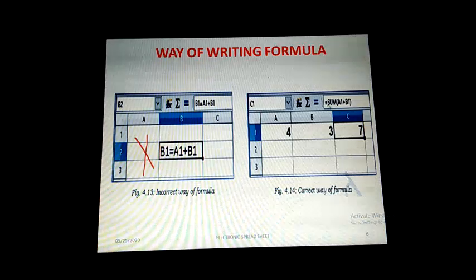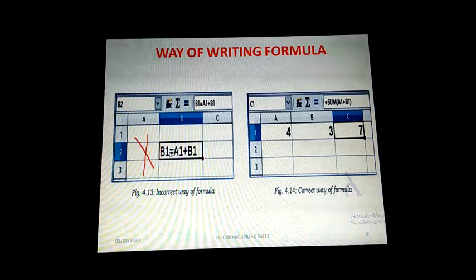But if you write the formula like this in cell C1, you have typed the formula equal to sum of A1 plus B1. Here we can give A1 comma B1 also. It will give the answer as 7 only. So A1 will have the value 4 and B1 is having the value 3. Both are added here by using this inbuilt function sum. But before this function name we are using this equal to operator. So equal to sum of A1 plus B1 is giving the value as 7 here. This is the correct way of writing a formula. So before the equal to symbol we don't have any addresses like this, cell address or cell reference.